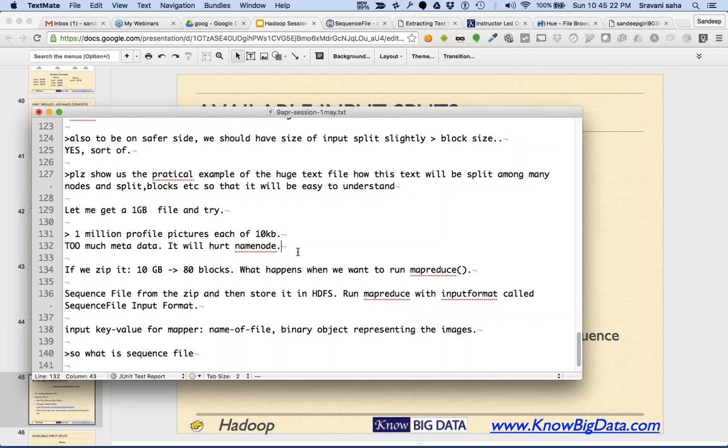So too many small files are not great for HDFS, therefore it's not a good idea. So what people did, in those cases when we reached this situation, was combine all these files together into a zip file. So now we have got a 10 gigabyte single zip file containing only 80 blocks. But